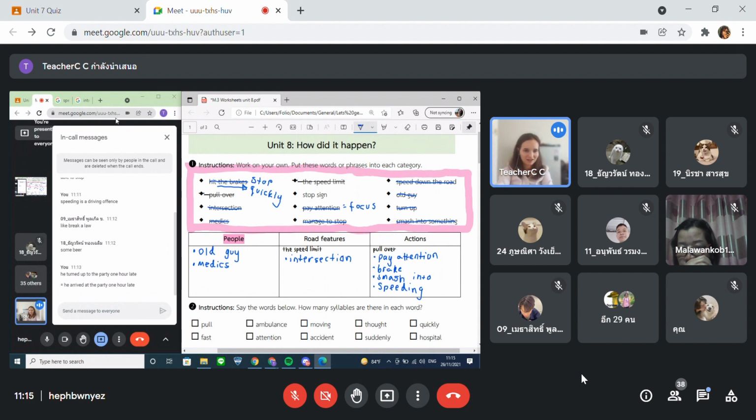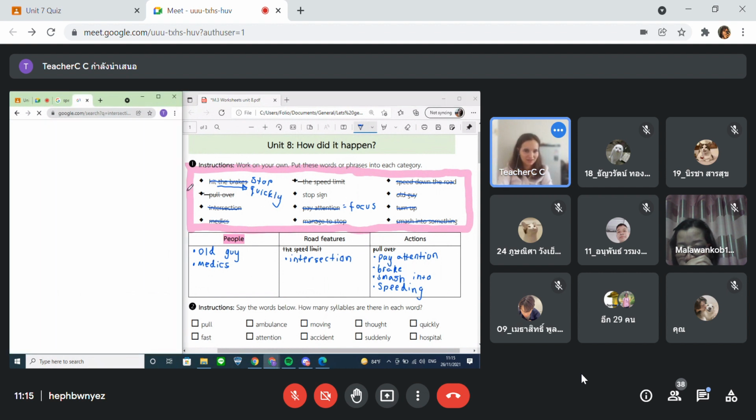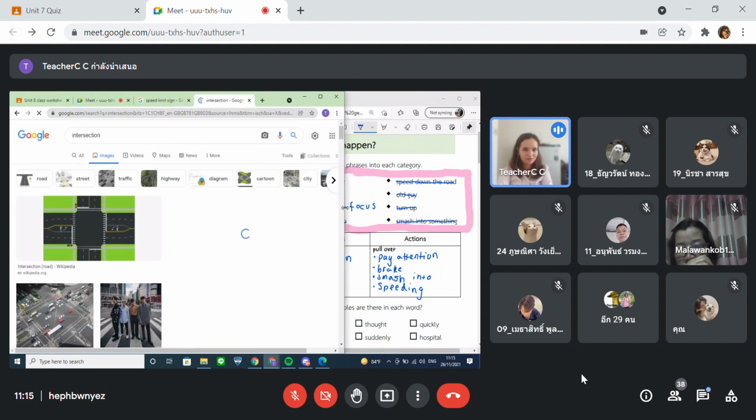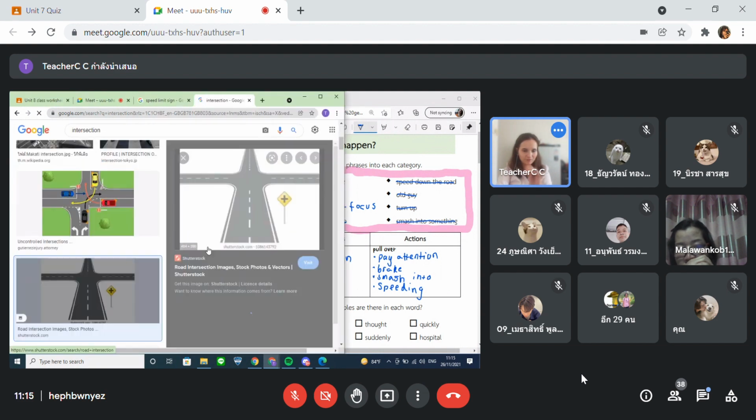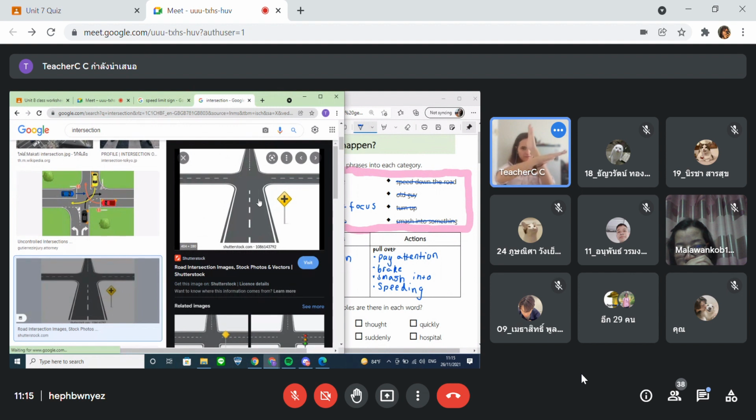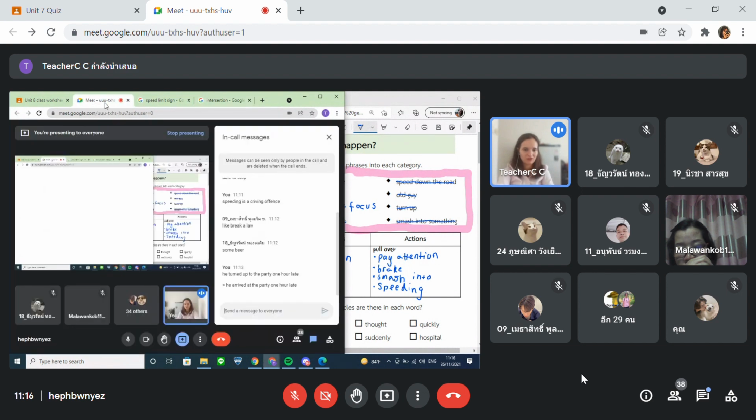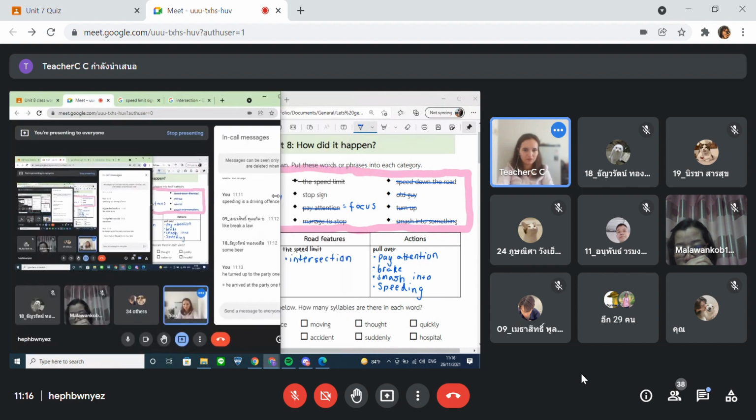So exactly like number 18 said, it's the bit in the road where four roads meet in one point. So you will have seen these in Thailand. This is an intersection. They intersect or they meet here at this point in the middle, or they cross. Okay,